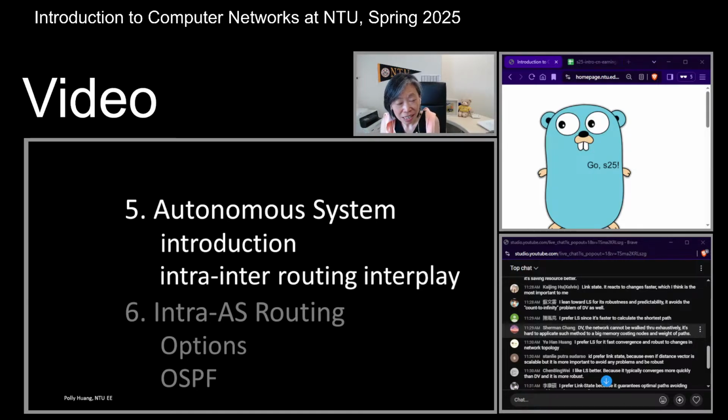So on the internet, we use intra-AS routing, that is routing running within AS, and inter-AS routing, that is a routing mechanism running across